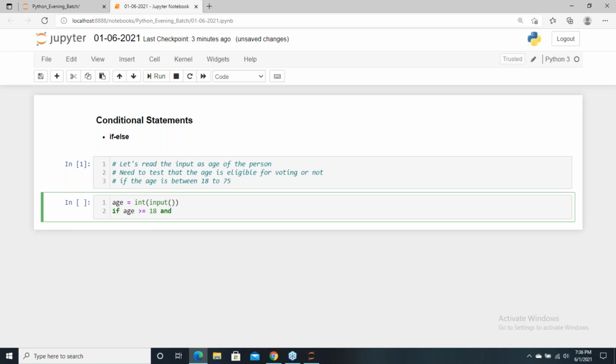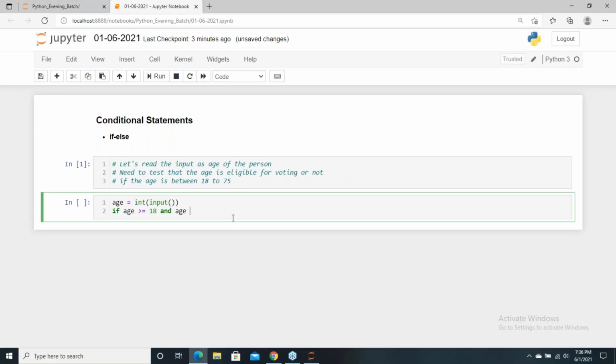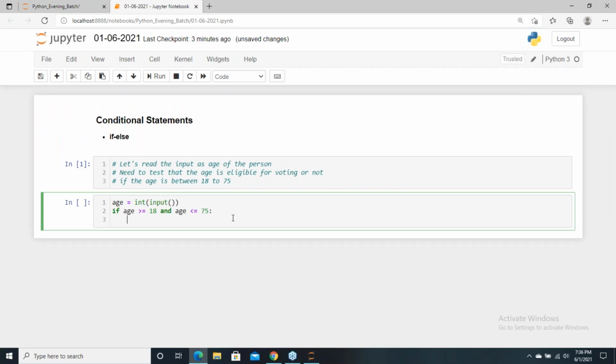And we have used an operator earlier that's called the AND operator, right? If that age is less than or equal to, let's say, 75, if that age is between 18 and 75, then we just wanted to print that